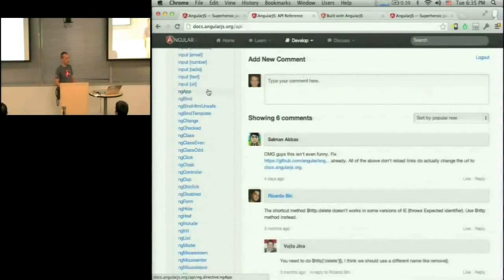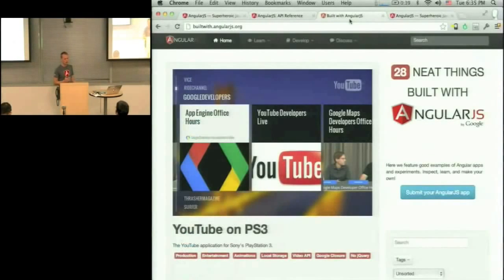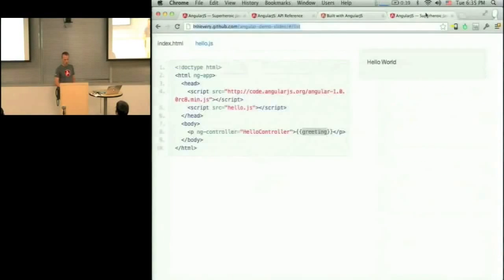We have a really good tutorial. If you go to docs.angularjs.org/tutorial, you can go through building of an application, which will show you everything you need to know and how we test and how we run tests. There's Built with AngularJS, which is a gallery of applications that were already built. Many of them have a link to source code, so you can check out these applications. And that's